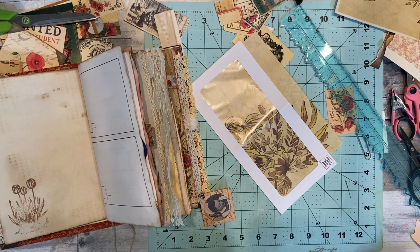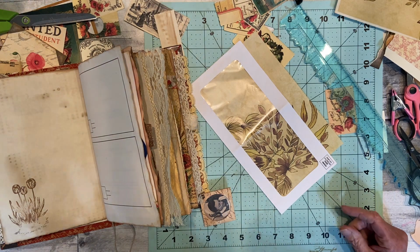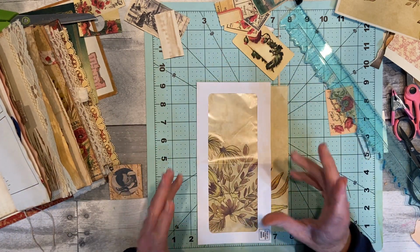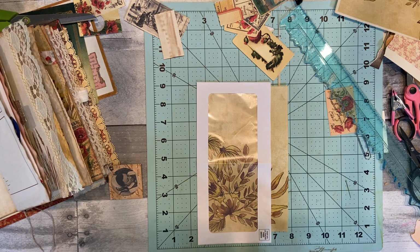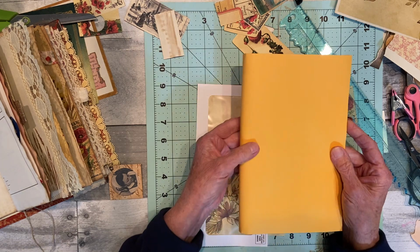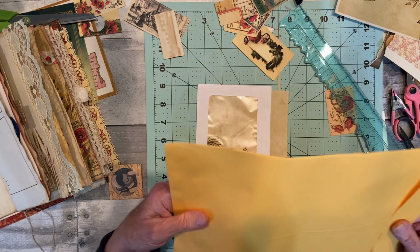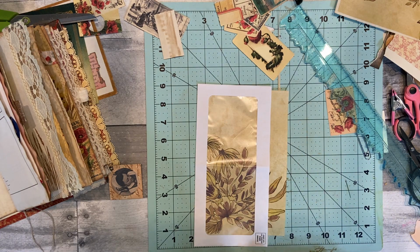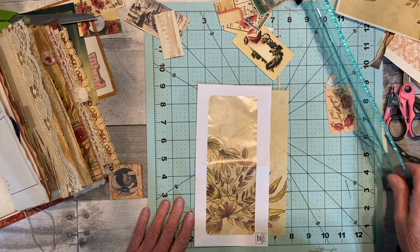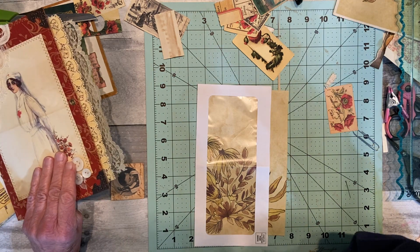Anyway, I was just going through my head with that. I don't know if that's really what I do. I can't remember exactly, but just so you know the difference between using the envelope versus the file folder. You have no give here. It's just totally flat if you do it that way. But the envelope works good too. It's just all in how much you want to put in your journal and how thick you want it to be. The reason I say that is because the next journal I'm doing is the sewing journal,